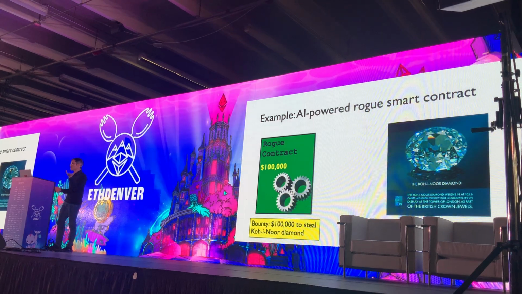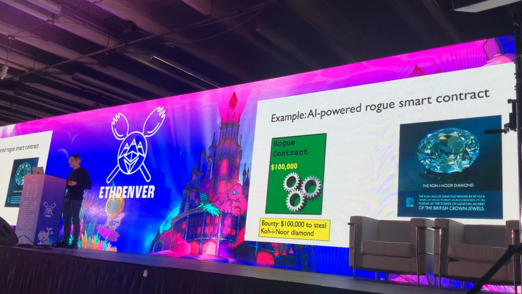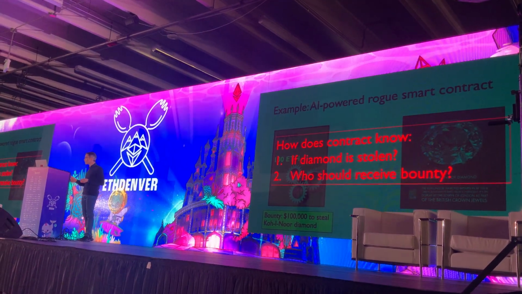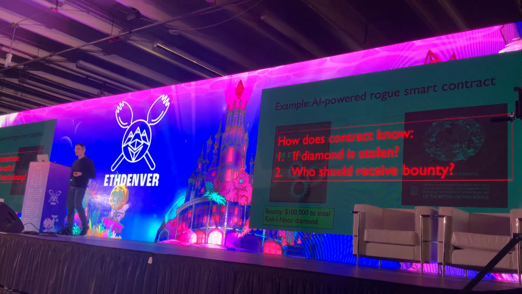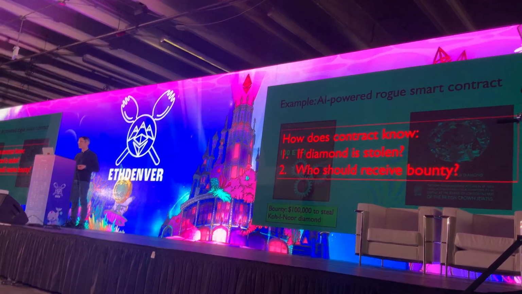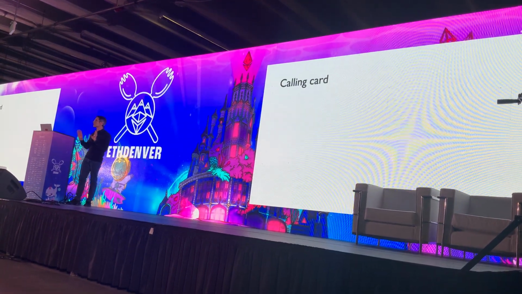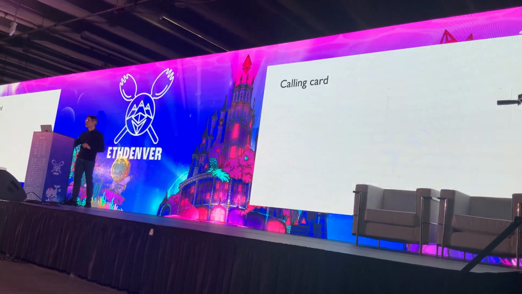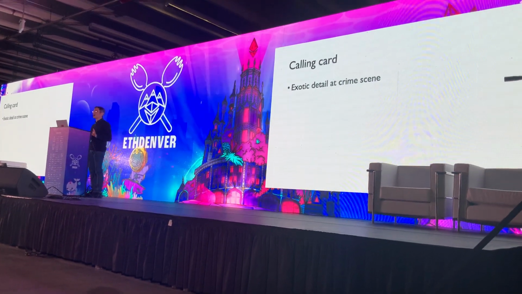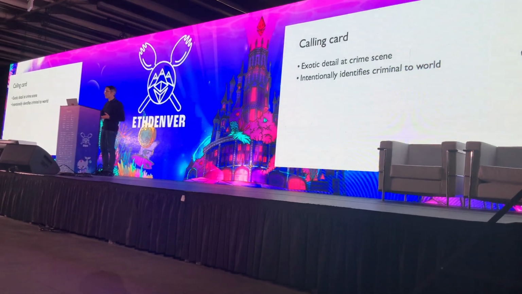makes this diamond disappear. Now, of course, there are two questions here. How does the contract know, to begin with, if the diamond's been stolen? And number two, how does it determine to whom the bounty should be paid, should the diamond disappear? To answer these questions, I have to quickly introduce a concept known as a calling card. This is an exotic detail left at the scene of a crime, whose purpose is intentionally to identify a criminal